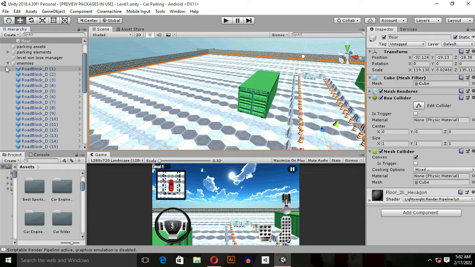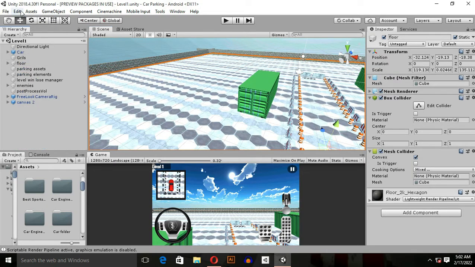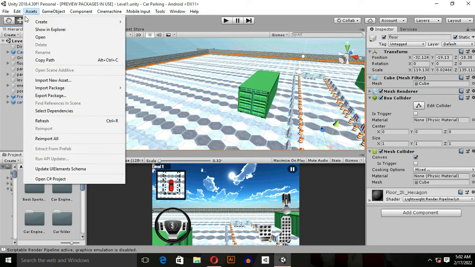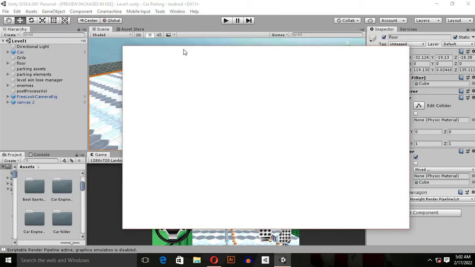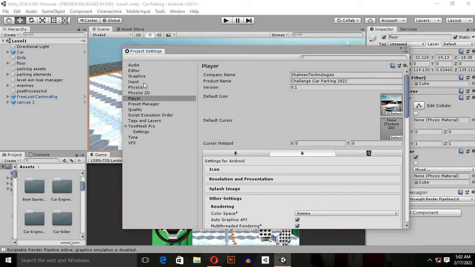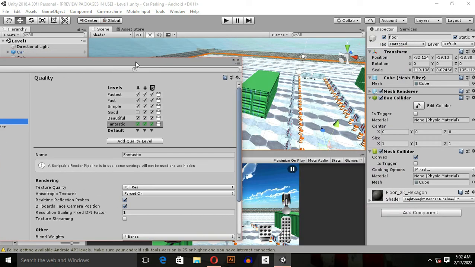Alright, number 2, just click on edit and go to your project settings and go to quality settings, and as you can see I have selected fantastic, but you have to select simple or fast. And simple will increase much more FPS if you select fastest, fast and simple, these 3 levels. Alright, so number 3,